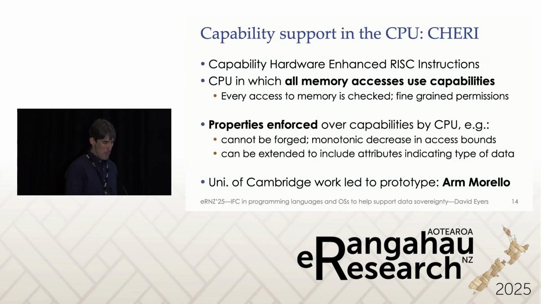Two other forms of capability systems that I'll cover before hopefully getting some time left for questions. One which is really interesting to me is starting to see capability support appear in CPUs themselves. And this is really lifting, again, the assurance of the way that your software works. It's quite different from the other examples I've shown so far. So this is largely a Cambridge-driven project. The capability hardware enhanced RISC instructions. I mean, they were just trying to make a nice sounding abbreviation. So I think they have agreed that the actual expansion of the abbreviation is a bit awkward. But essentially, they have shown that you can take CPU designs.